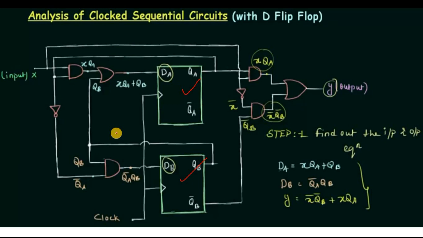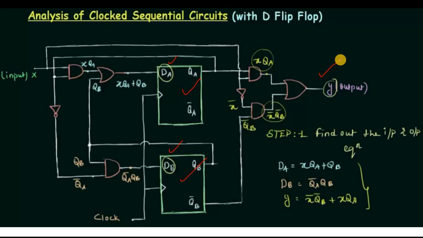I have already worked out a lot of stuff with equations on this diagram, but in the analysis of clocked sequential circuits, what you have to do is find the Boolean expressions for the outputs. First I want to find the dA input equation, the dB equation, and the final output equation Y.